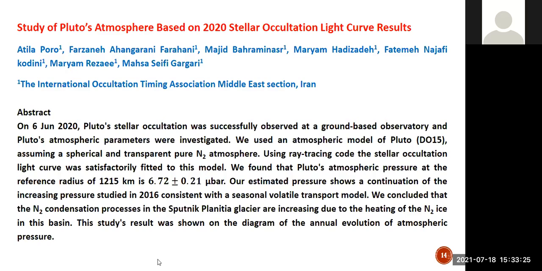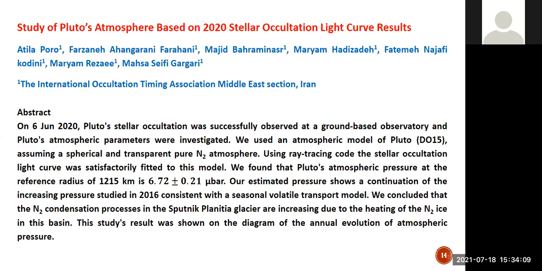Thank you very much for your talk. I would just like to make one comment. It was proposed way back in the 1980s that as Pluto receded from the sun in its orbit, at about the present time we might observe a reduction in its atmosphere. It was proposed that its atmosphere would mostly precipitate onto the surface of the planet and just form ices on the surface. In fact, it appears, and your study confirms what other studies have shown, that Pluto's atmosphere may be slowly increasing in density, in contrast to the expectations in the 1980s.